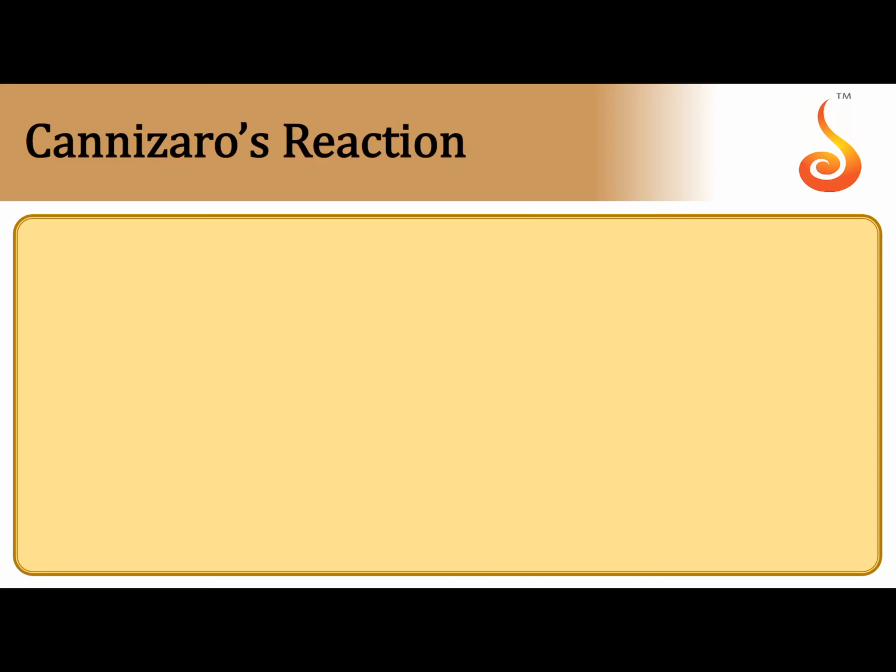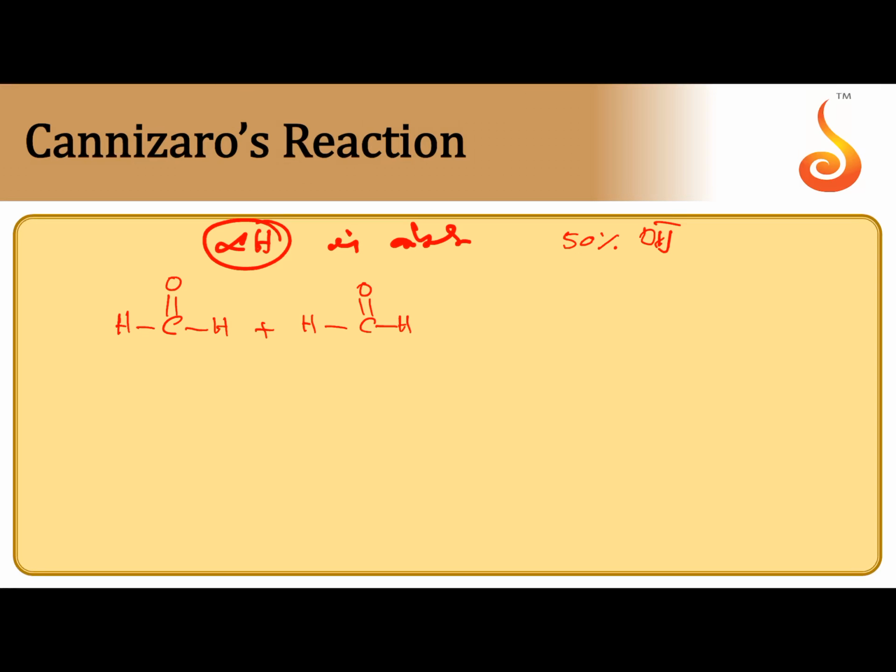Next, if alpha hydrogen is absent, remember, alpha hydrogen is absent, and concentrated alkali, 50% KOH or NaOH, is used. At that time, instead of condensation, disproportionation of the carbonyl compound takes place. So for example, formaldehyde has no alpha hydrogen. So an aldehyde without alpha hydrogen, when treated with strong concentrated alkali, 50% sodium hydroxide,